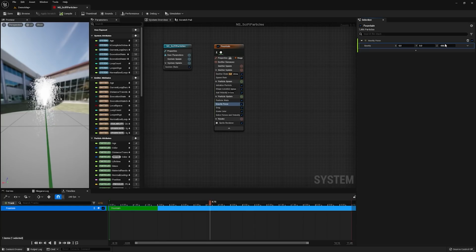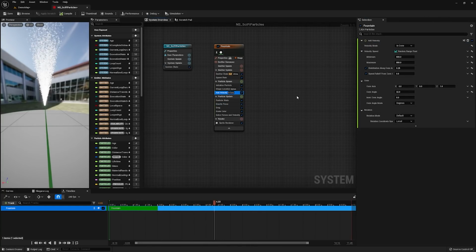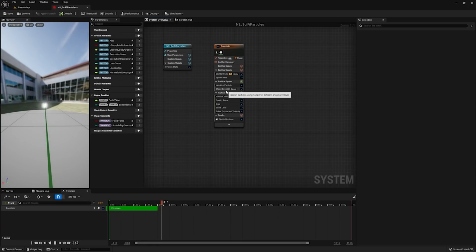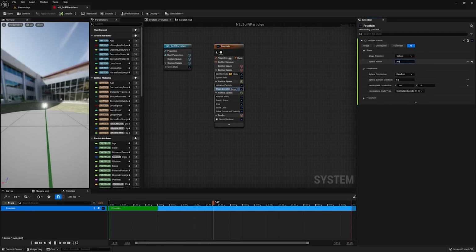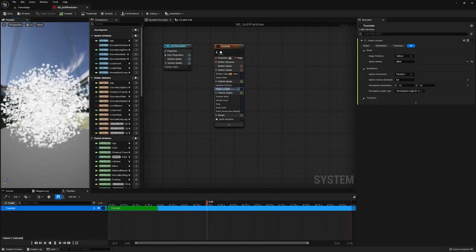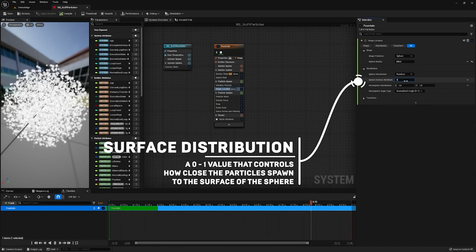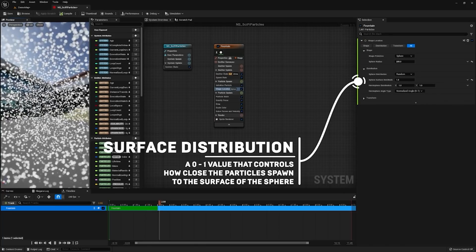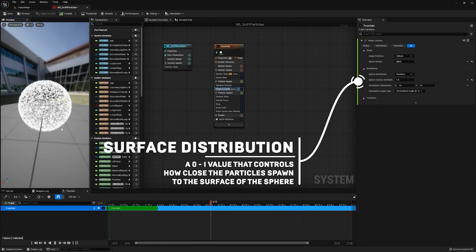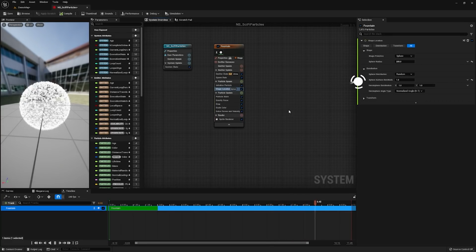I could, for instance, change it so that we have less gravity on every update. So I've set that to -20. If I was to delete the initial add velocity, we can see those particles aren't moving when they're first spawned. I'm going to increase the shape location here to 205. That gives us a big circle, but we can see the particles aren't distributed on the surface, they're all through it. You can fix that by setting this surface distribution value to 1. Now, we have something that's looking a bit nicer, a little bit more sci-fi, but let's go on from here.